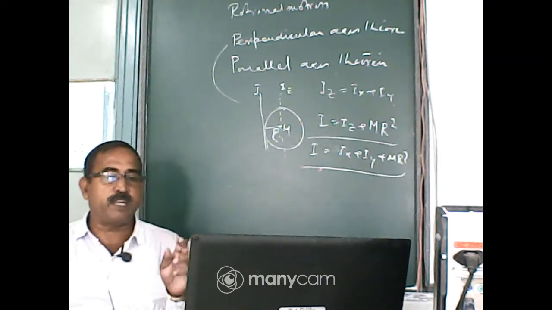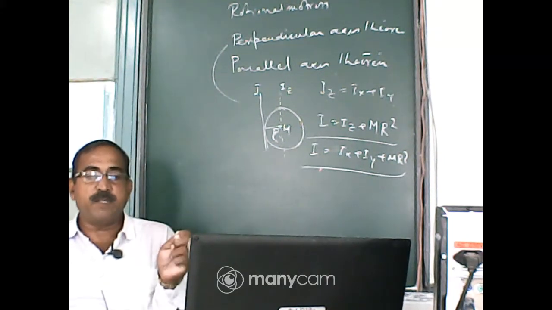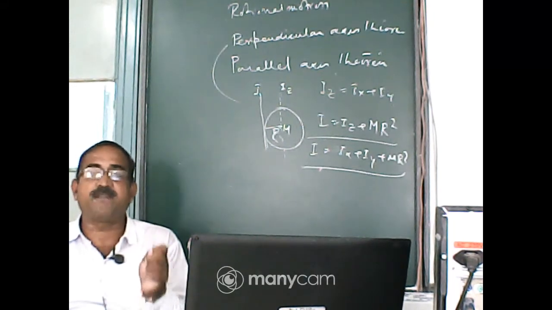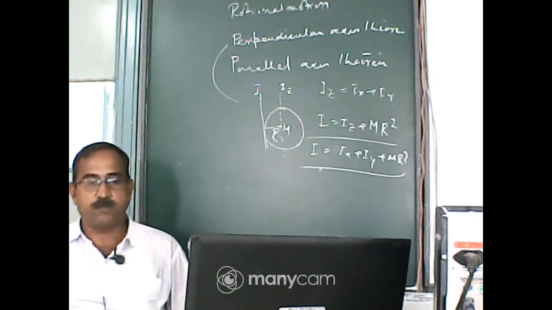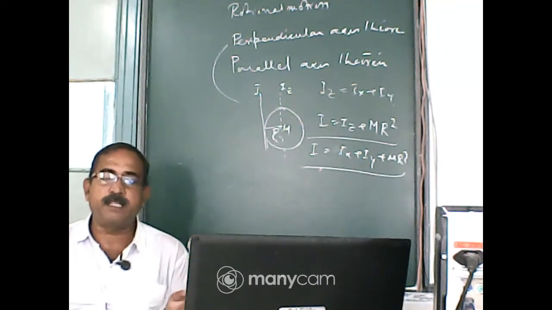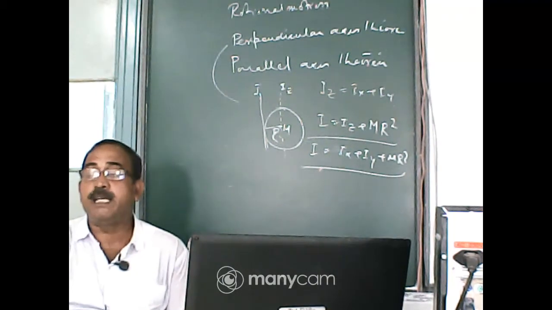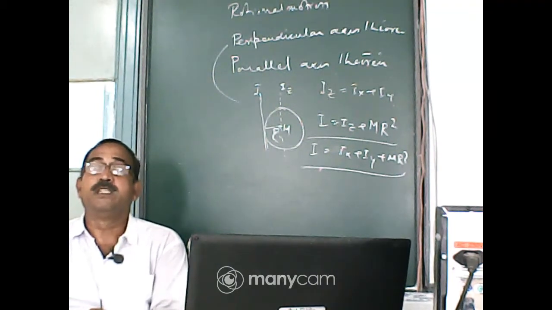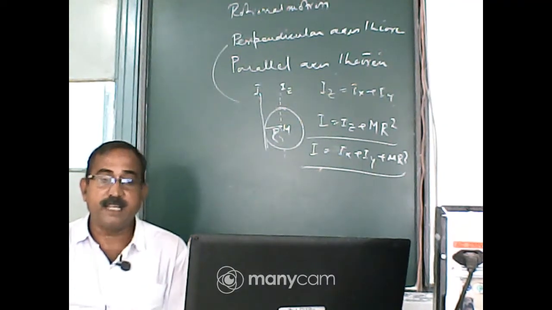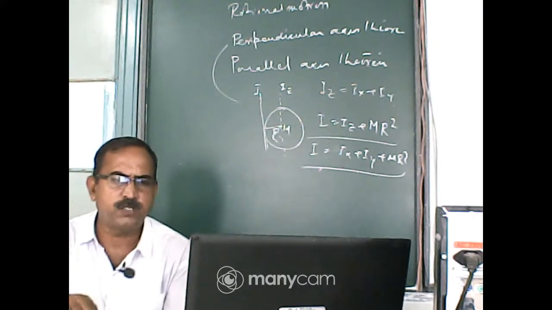Suppose a solid sphere of radius r: the moment of inertia of the solid sphere about its diameter is 2 by 5 m r square. The derivation is in your reference book, but not in your syllabus. Only know it, because when numericals come, you can solve them. Okay, my dear students, suppose the ring,